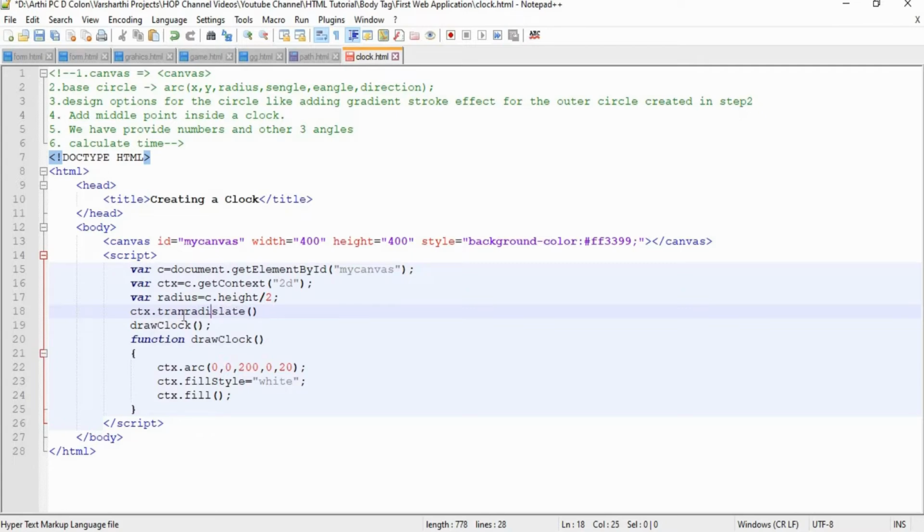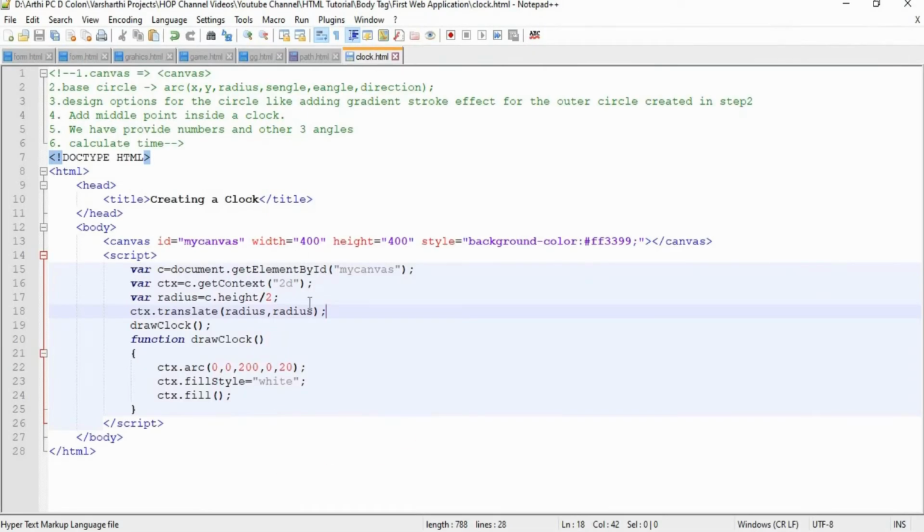So what we can do here is move the circle based on its radius. Just save your program and run it. Now the circle has been drawn, however it does not fit inside the canvas.